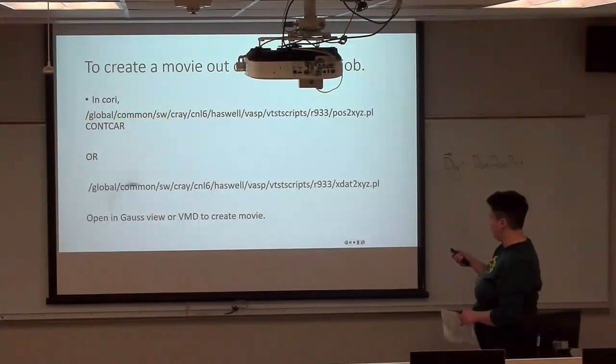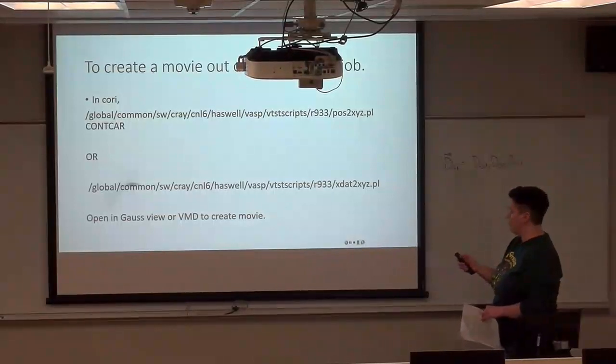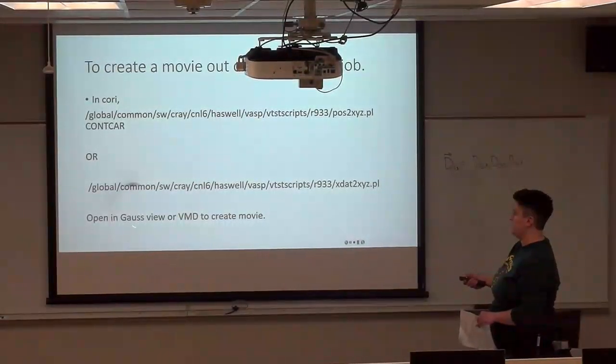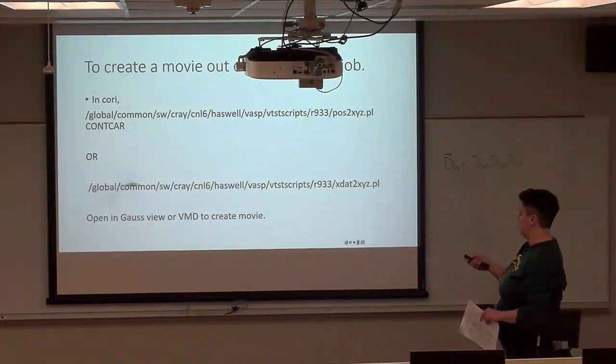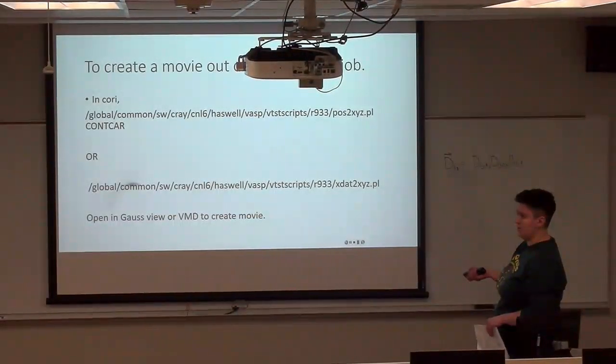I'm trying to understand that to XYZ. What is this supposed to represent? Is this the same thing as this, or is it different? So there is a file named XDATCAR that duplicates information from OUTCAR. Okay, so find that, and then it should work. Either one should work. I do not use GausView; if you had something small, it would be okay. VMD for everything else, because much larger systems are easier to view in VMD, and it can do a lot more. So which file appears after you run this XDATCAR to XYZ? It's going to be at XYZ. What XYZ?